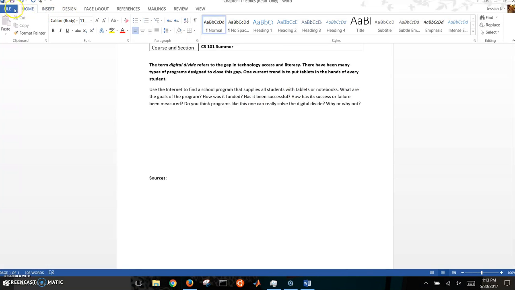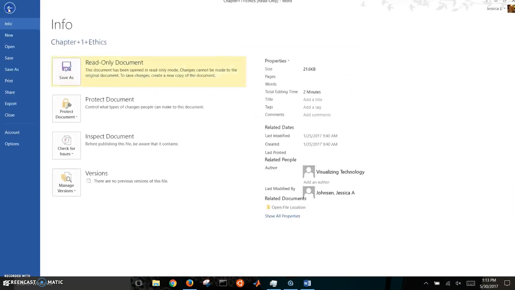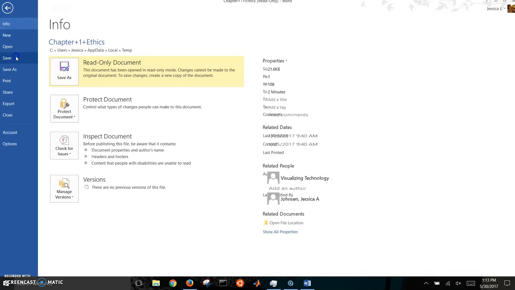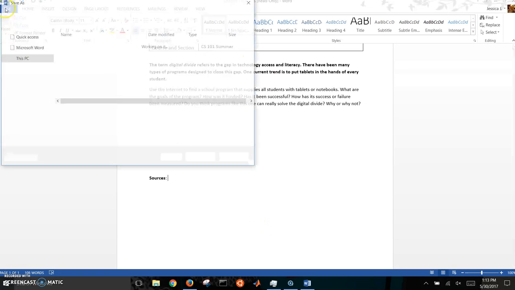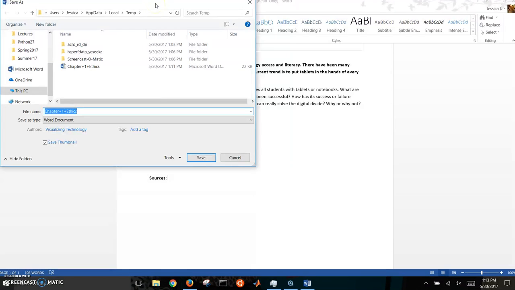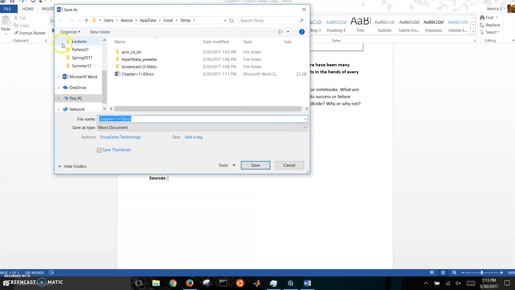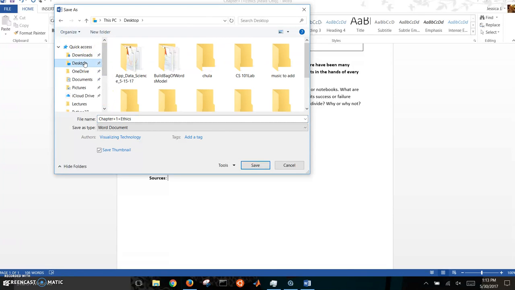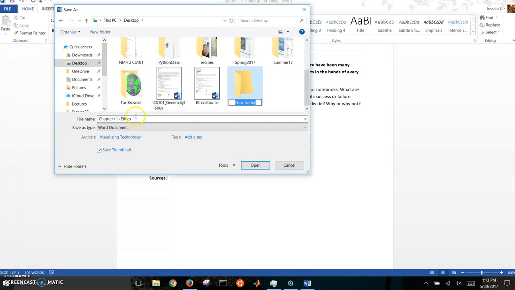All right. So once you've done that, we're going to come up here to File, Save. Okay, and so it's going to ask me, where do I want to save this file? For me personally, if I need something that I'm going to have quick access to, I'm going to put it on the desktop. We can create a new folder. This is probably a good thing for you to do. Okay, and I'll call my folder